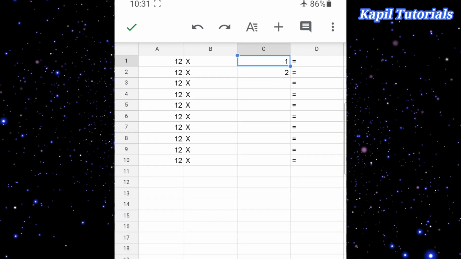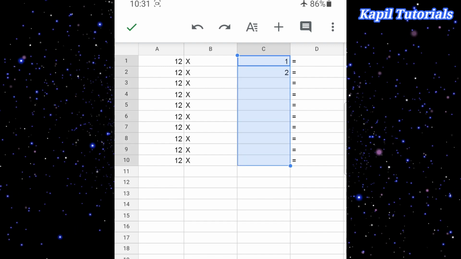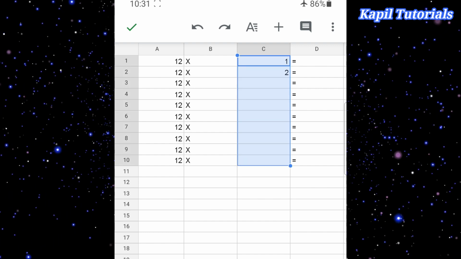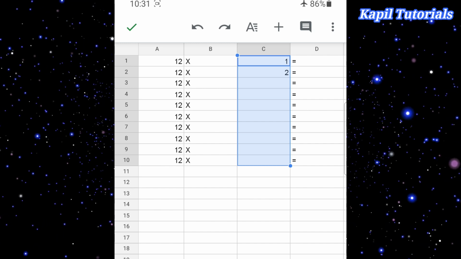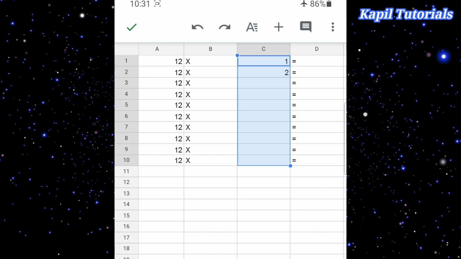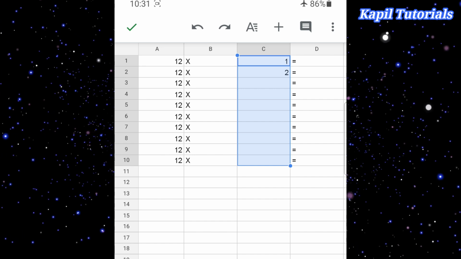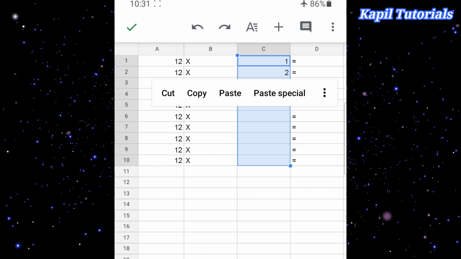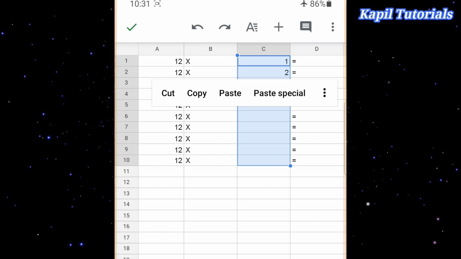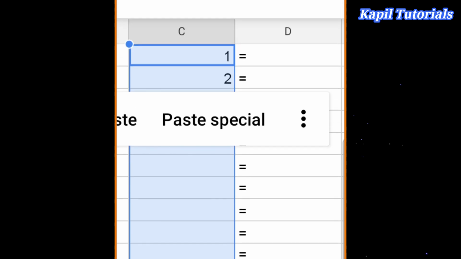I'll select the whole range down to C10, but I have written 1 and 2 at the start. After selecting 1 and 2, I'll just press my finger in between. Now I do not have to click on copy paste. Where the 3 dots are, I'll click on these 3 dots.